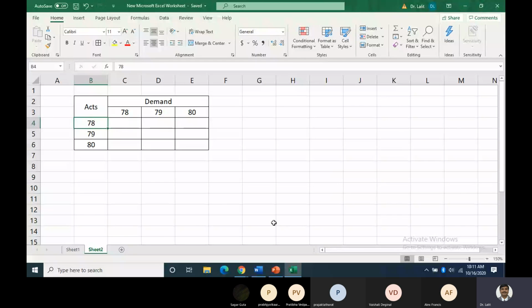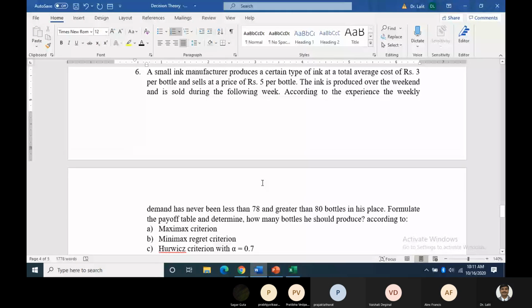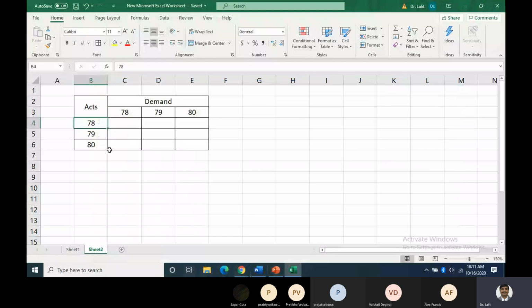Cost of manufacturing is 3 rupees and selling price is 5 rupees. Okay, so here if we manufacture 78 bottles and if demand is 78, then he will be able to sell off all the bottles, correct? तो 78 के 78 वो सेल करेगा. तो इसका प्रॉफिट कितना होगा? 2 पर बॉटल का प्रॉफिट है, तो प्रॉफिट होगा इसका